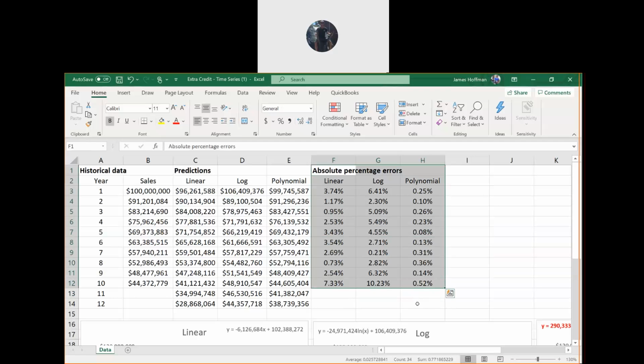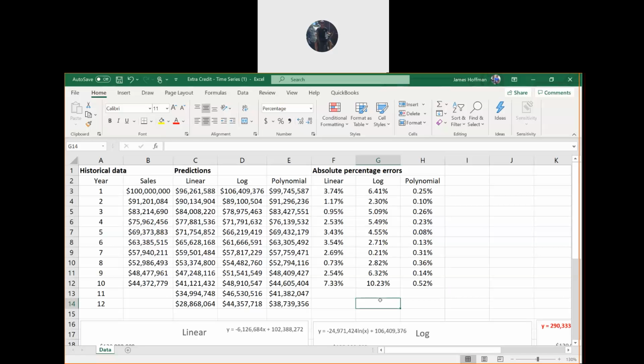Okay, so everyone got these here? All right, final step is to calculate the MAPE, the average, and see which one was the better.